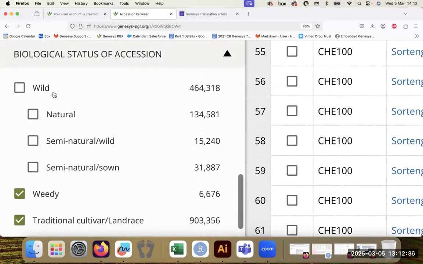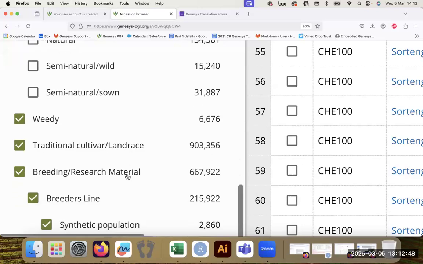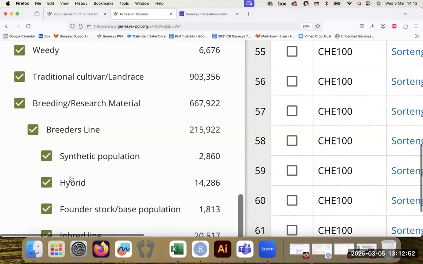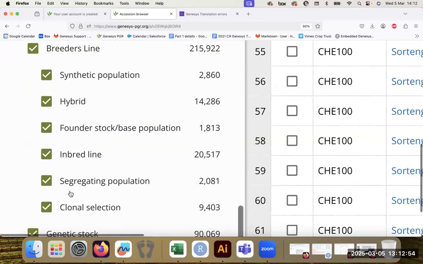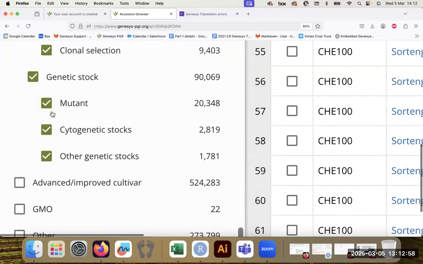So you will see that the different types are wild, and these are the subcategories of the wild material, then the weedy, then traditional cultivar or landrace, then breeding material with the different subcategories of the breeding lines or breeding type, and same for genetic stock with the subcategories, and